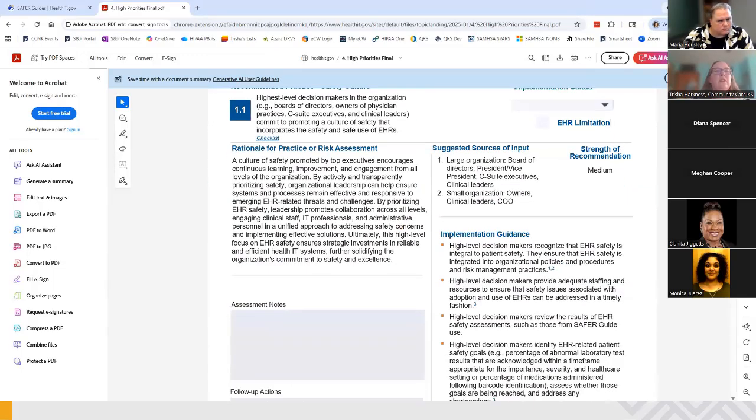So like on this question, this is a culture of safety type question. It's saying your highest level decision makers in the organization, such as your board of directors, owners of practices, C-suite executives, clinical leaderships, commit to promoting a culture of safety that incorporates the safety and safe use of EHRs. In this case, the rationale is essentially that top executives encouraging that focus on safety, providing feedback if you have concerns,